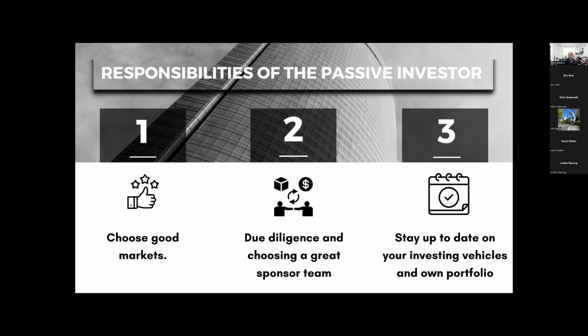And then finally, you want to stay active in the space. What do I mean by that? You want to stay up to date on your portfolio. You want to understand what's going on with the specific investment vehicles that you're investing in. So if, for example, multifamily is the future of your portfolio, then you want to make it a habit to stay up to date on things related to multifamily apartment investing. It's not difficult. You can do it while you sit on the beach in that picture.